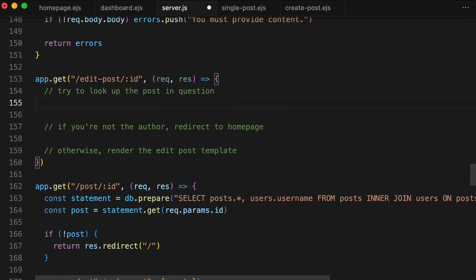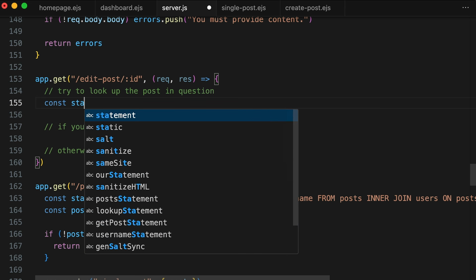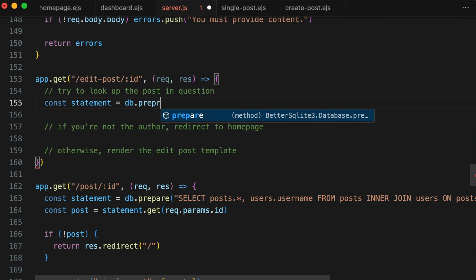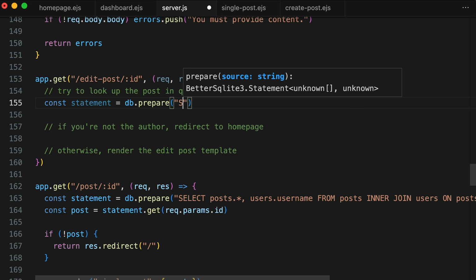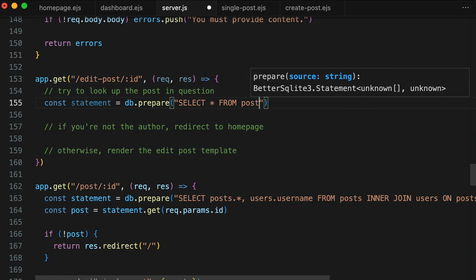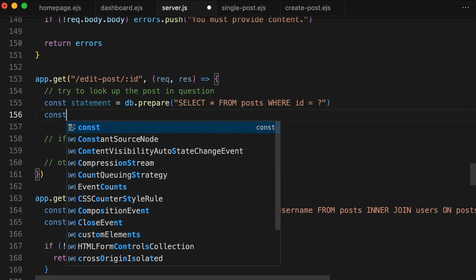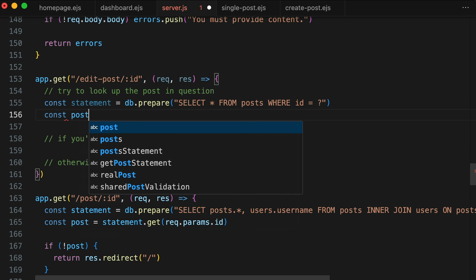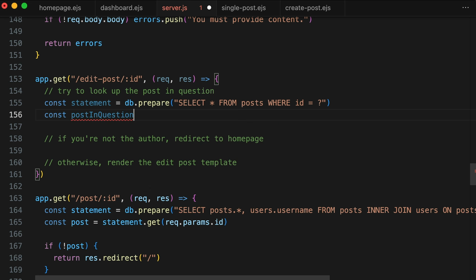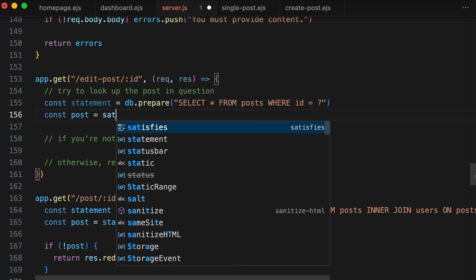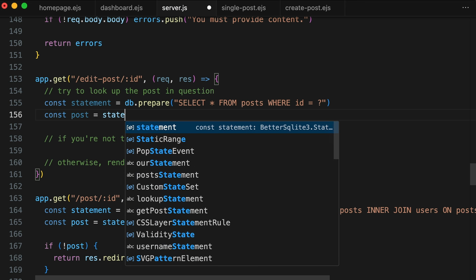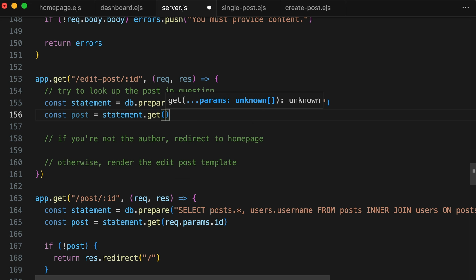Let's look that up in the database. So it would be like const statement equals db.prepare, and just select all from the posts table where id equals $, and then just actually use that. So I would say const post in question, or you know what, we could just call it post equals statement.get, and it would just be